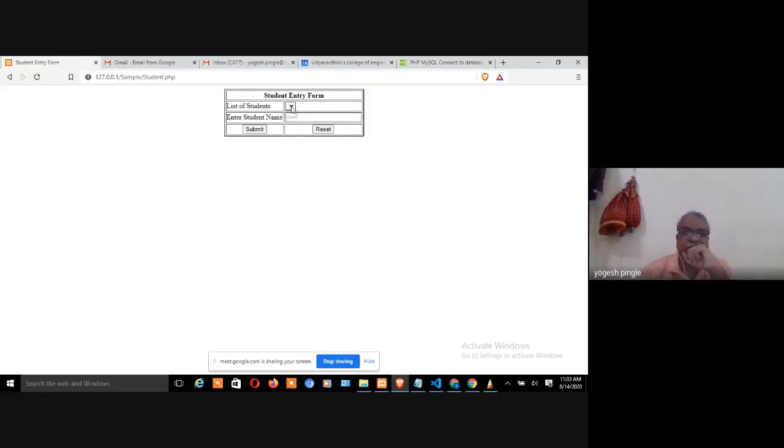It is empty. Now the first thing is, let's say I am a new teacher and I want to add a student name, and if I load this form for the first time, I must know whether I have entered these values previously or not, right? So it means there are no students in the database. Now if you go to the database, just see whether anything is there or not.